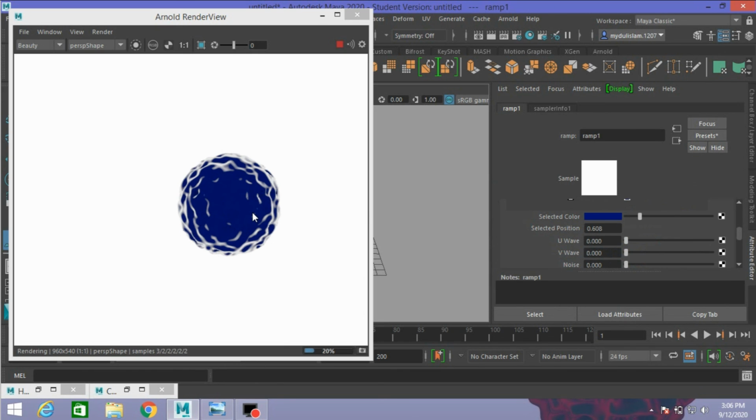This is how you can create a Fresnel shader in Autodesk Maya 2020 with the help of